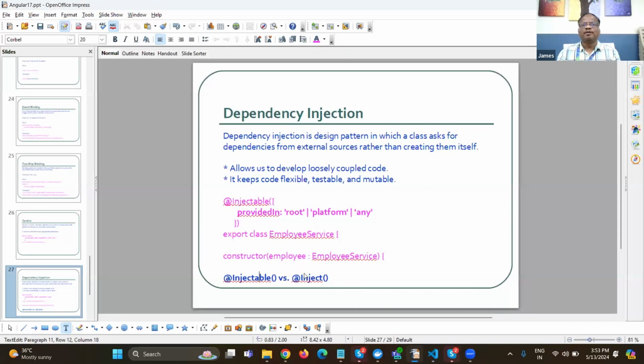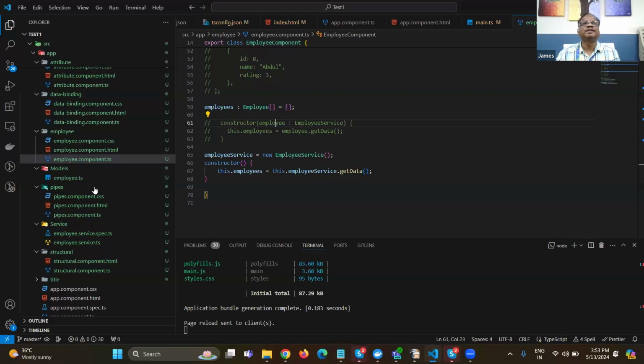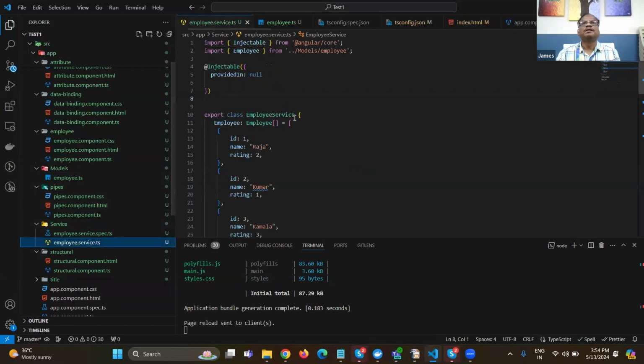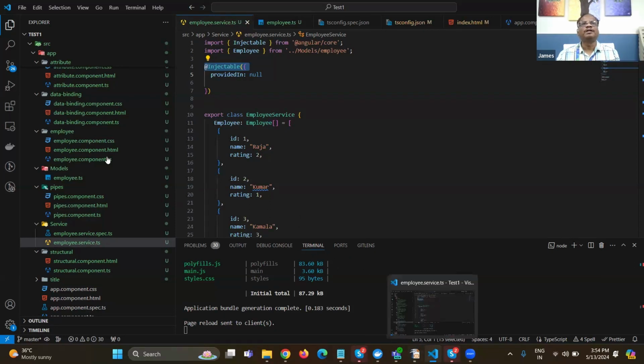And here, most developers are actually confused with these two things, Injectable and Inject. Injectable is class-wise. If you want to inject one object, like services, we need to use Injectable class-wise. That's why we have used it here. If you go and see in the services, Injectable. Okay. If you inject as a parameter, you need to use Inject. So if you go and see,